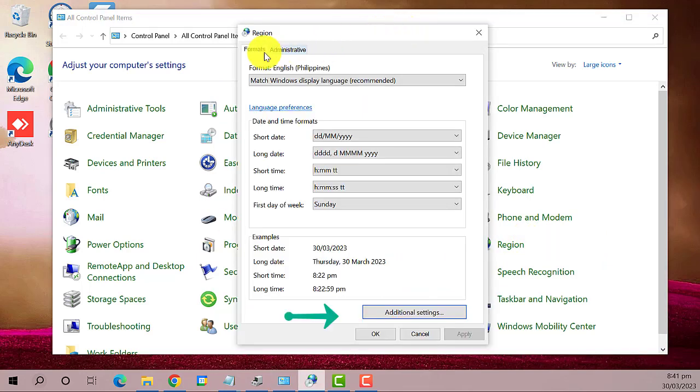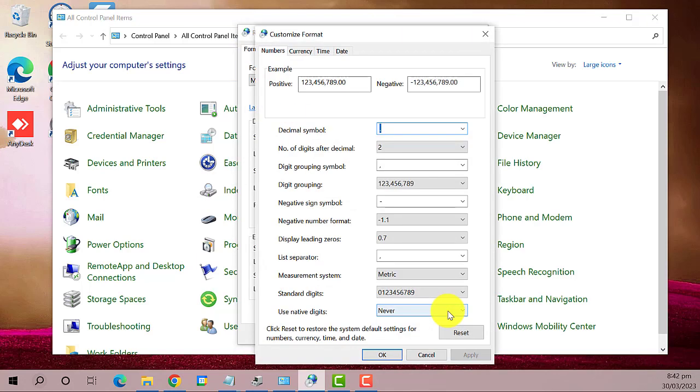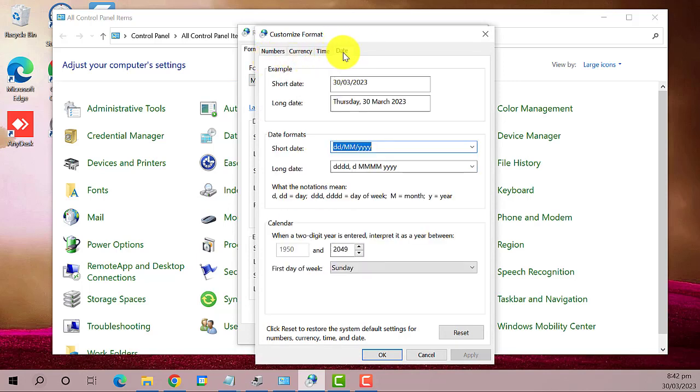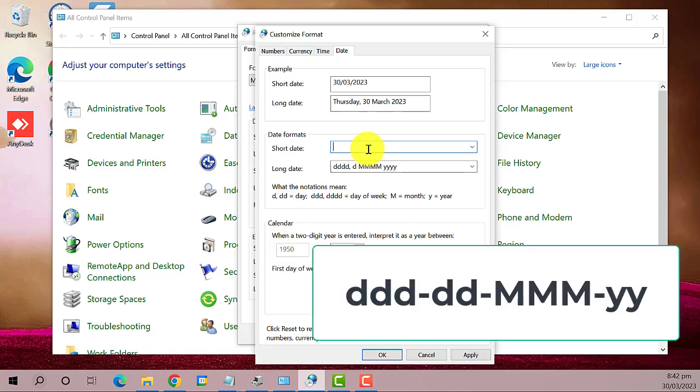A new window will open. Click on Additional Settings tab. Another window will open. Click the Date tab. This one, under Date Formats, delete the short date, and replace it with